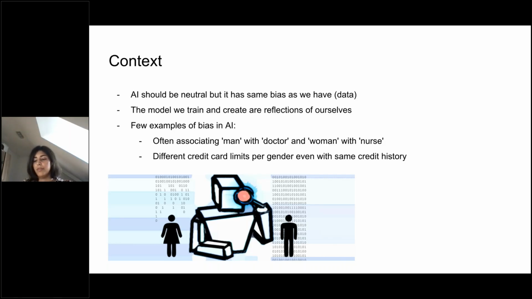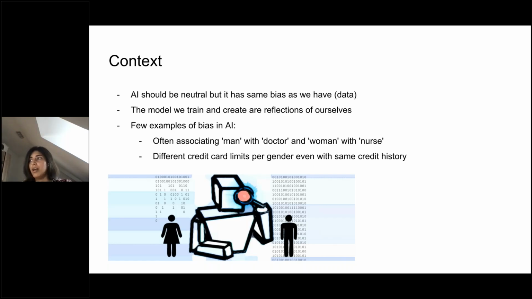For example, if you type in translations on Google Translate or other translation tools, say you translate from English to Spanish. If I write "the doctor", it will always give the pronoun of a man. Doctor is always related to a man, not a woman, while a woman is always related with the nurse, never a doctor, which is not so in society, right? But the old data still has such stuff.